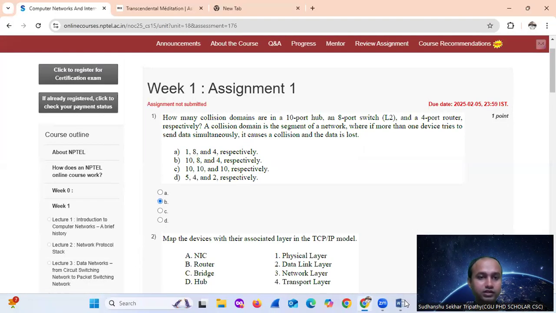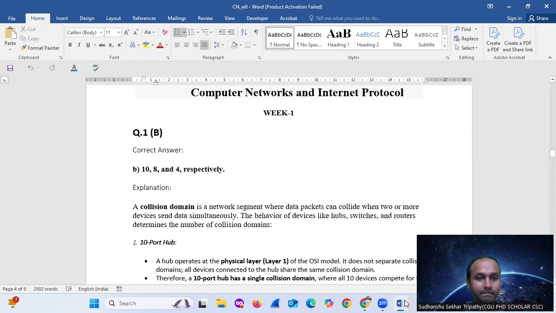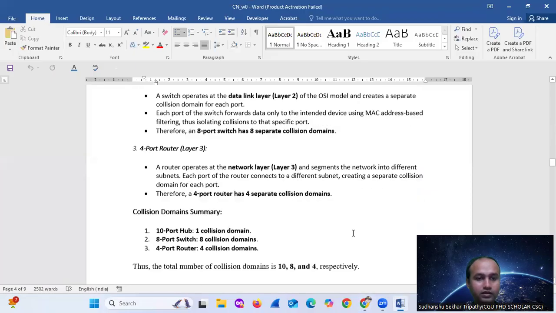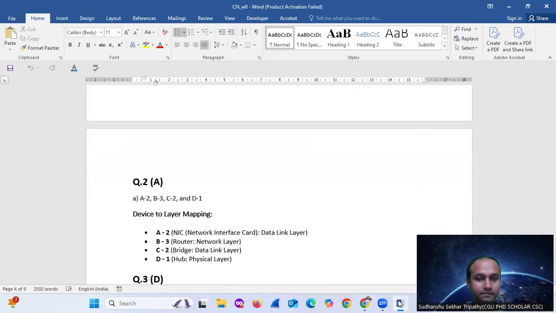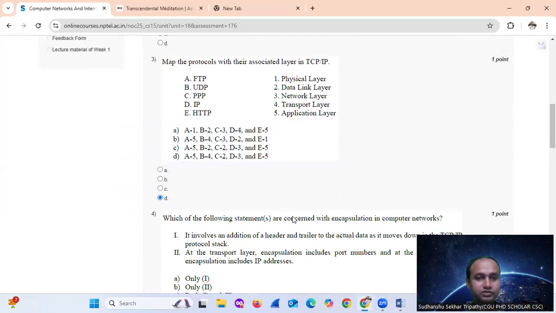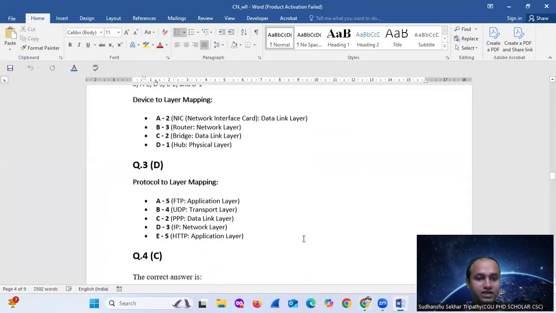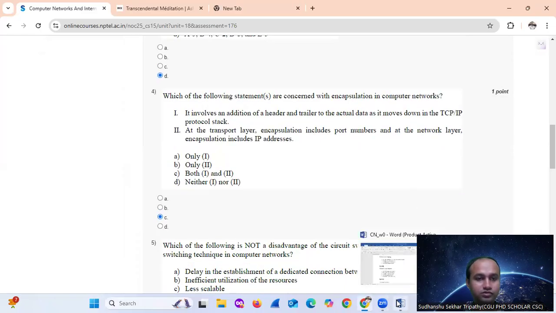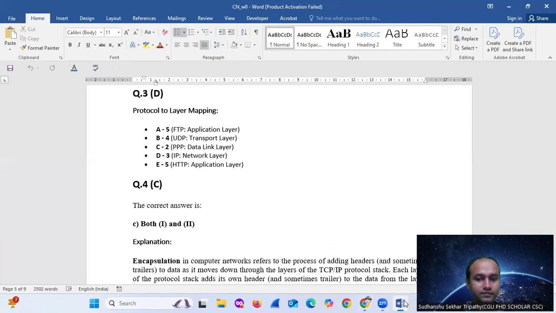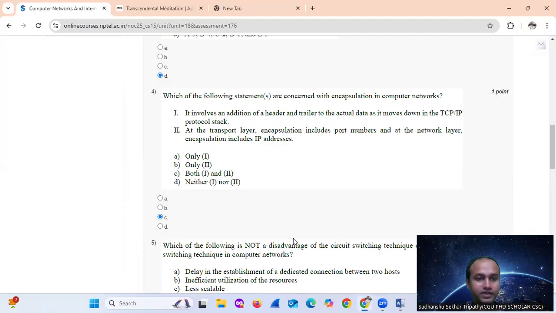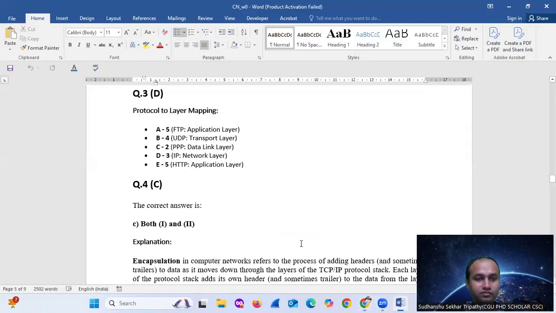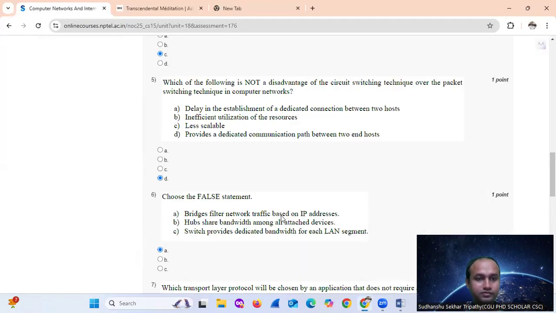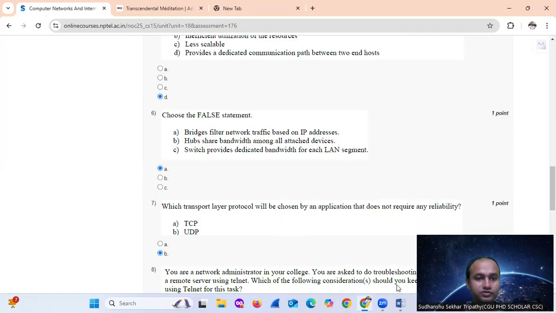देखो क्वेश्चन नंबर वन का बी, क्वेश्चन नंबर टू, टू ए, क्वेश्चन नंबर थ्री डी, यस, क्वेश्चन नंबर फोर सी, यस, क्वेश्चन नंबर फाइव, क्वेश्चन नंबर फाइव डी, यस, क्वेश्चन नंबर सिक्स